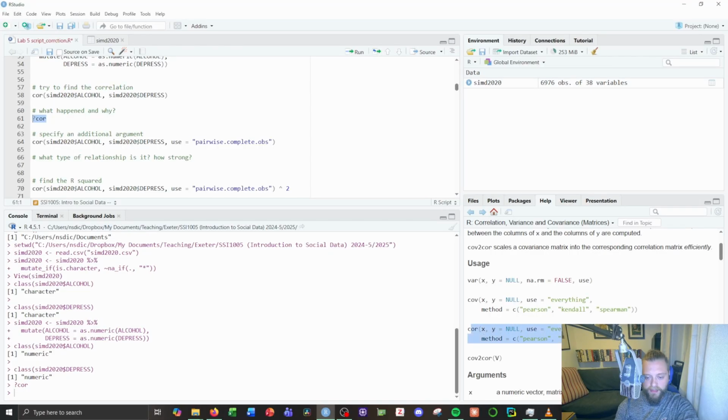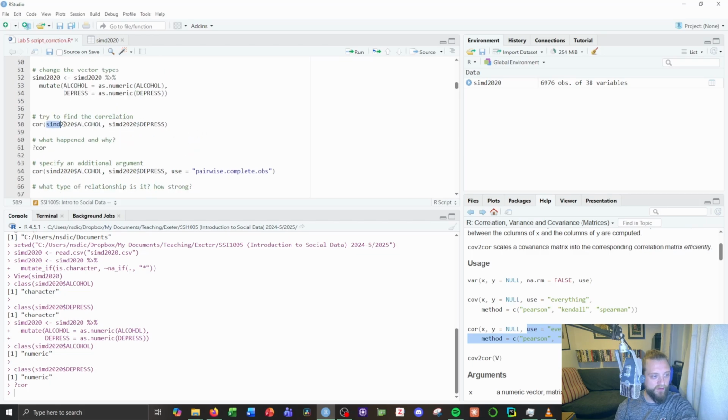So here's correlation then, and we get our usage example. What we can see is that we need an X and a Y variable. So we need to correlate something with something else. We've also got these options that also have defaults, and we'll come to this in a second. So this is a complete function then. So we've got Rx. So Rx down here